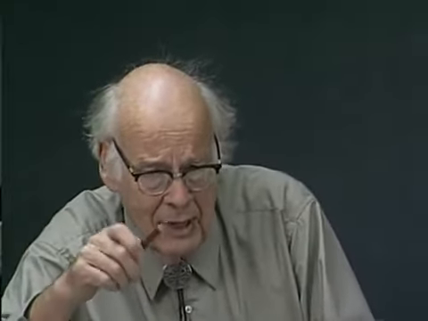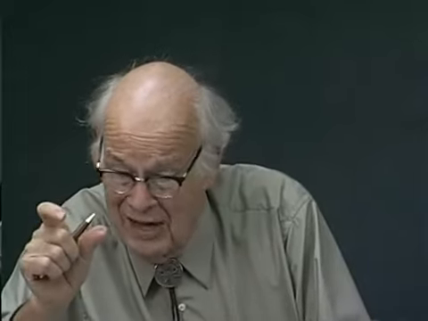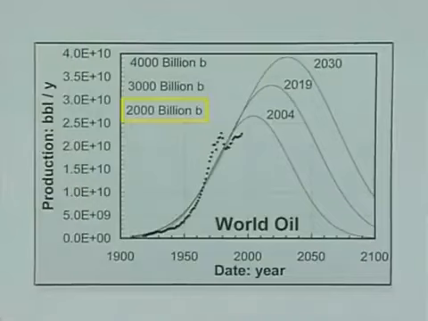Well, I go back to my spreadsheet on my computer at home, and now, in addition to just fitting the curve, since the curve has not started down, I can't get a very good fit for the area under the curve. But what I have to do then is to go to the geology literature and find out what is the consensus figure among geologists as to the total amount of oil we'll ever find on this earth. Well, this consensus figure is 2,000 billion barrels. Now that's uncertain. It has an uncertainty of maybe plus or minus 40%, so it's a very uncertain figure. But that's the consensus figure.